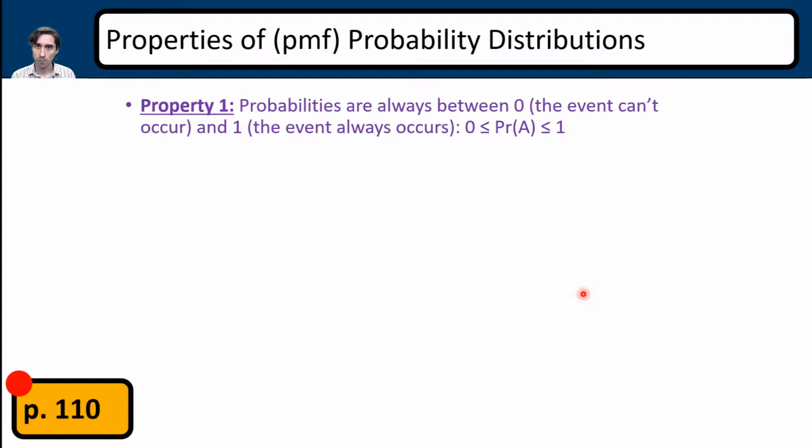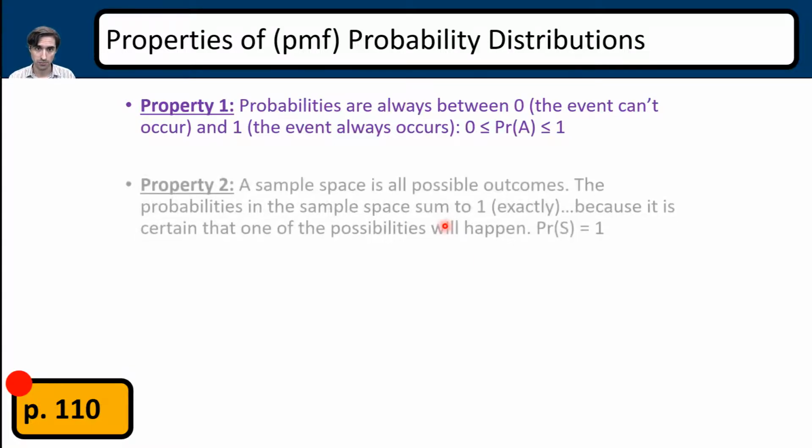In other words, going back to the example of cigarette smoking, if we have a 20% probability of smokers in a population, then that means that the rest has to be 80. And so it's always going to be somewhere between that, right? So you're not going to have something where 20% are smokers and 81% are non-smokers. That would break the first property of probability distributions.